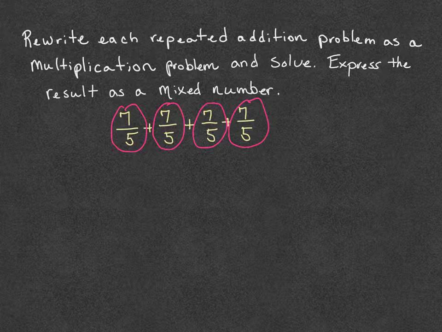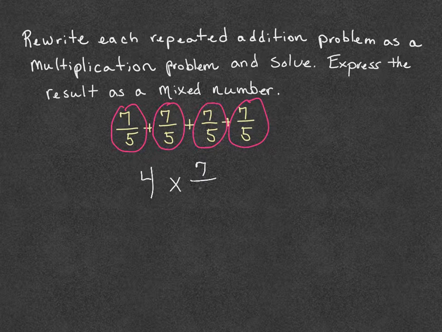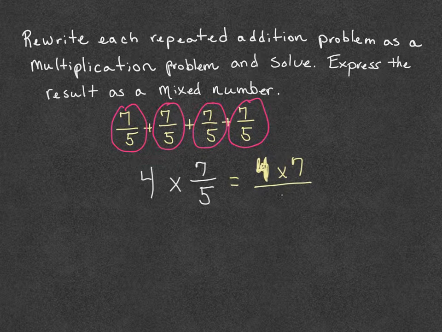So how would we write that? 4 times 7/5, which is equal to 4 times 7 over 5, which is 28/5. But we can't leave 28/5 because that's a fraction greater than 1, an improper fraction, so we have to